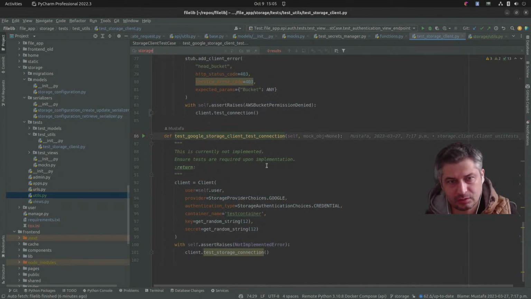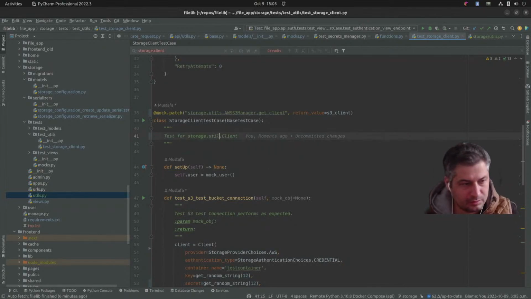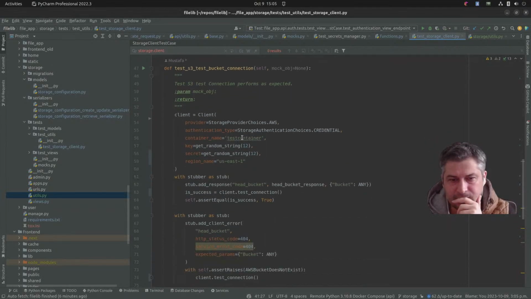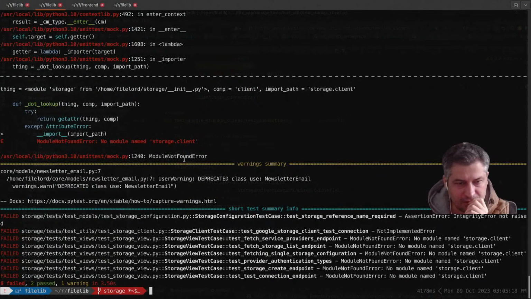Storage client. Okay, storage utils client. What you doing, Nick? Okay, I think this file is entirely good because there's nothing else here. The other test that is failing is